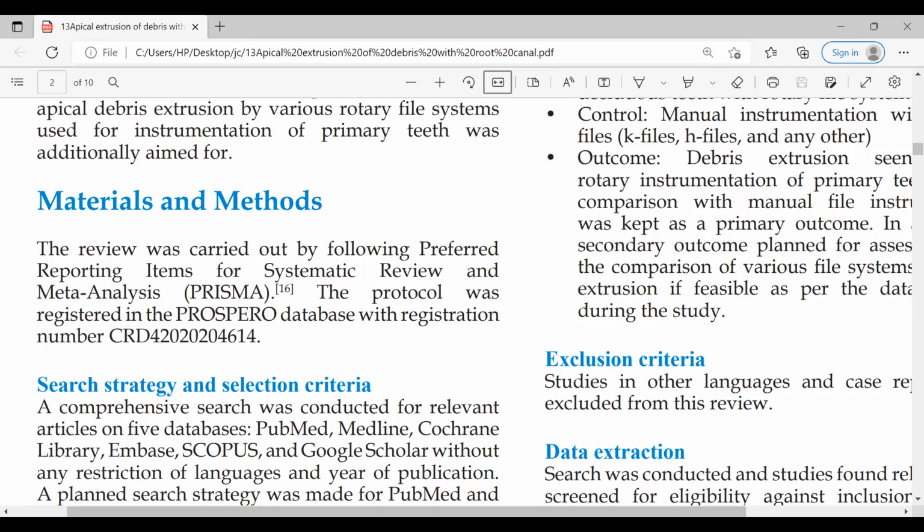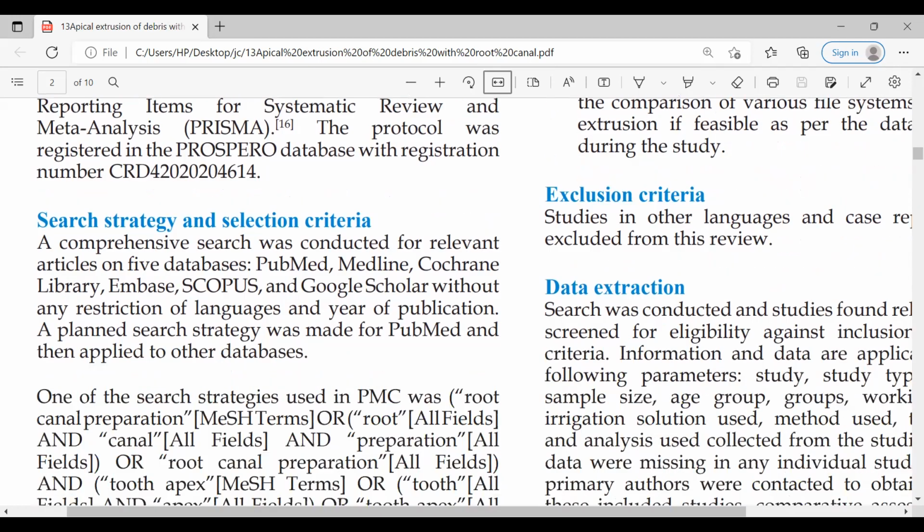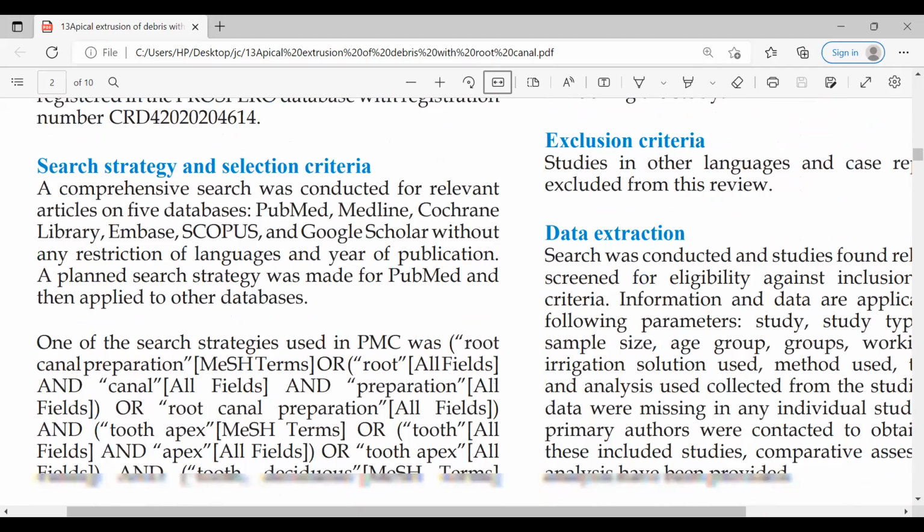Search strategy and selection criteria. A comprehensive search was conducted for relevant articles on 5 databases: PubMed, Medline, Cochrane Library, Embase, Scopus, and Google Scholar, without any restriction of language and year of publication. A planned search strategy was made for PubMed and then applied to other databases.